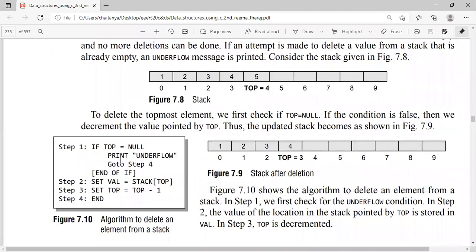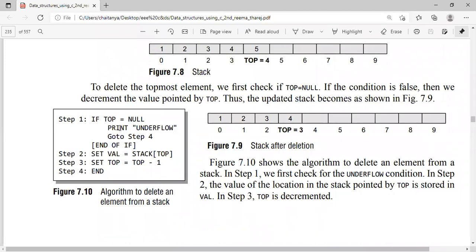So you can see here, if top is equal to null, print underflow, then go to step 4. Set value is equal to stack of top. Top is equal to top minus 1. Next, set value is equal to the value which I am deleting.